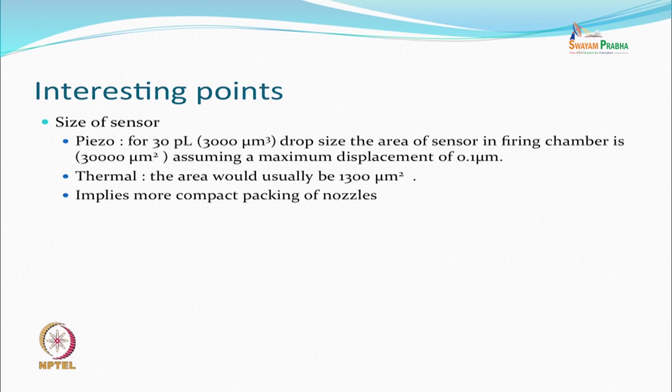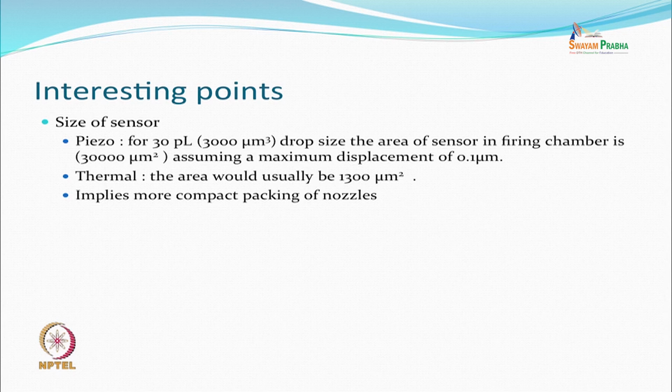Size of a sensor: we said in the beginning that the displacement is very small. So for generating something like a 30 picoliter drop volume, the area of the sensor in the firing chamber is approximately 30,000 micrometer square,